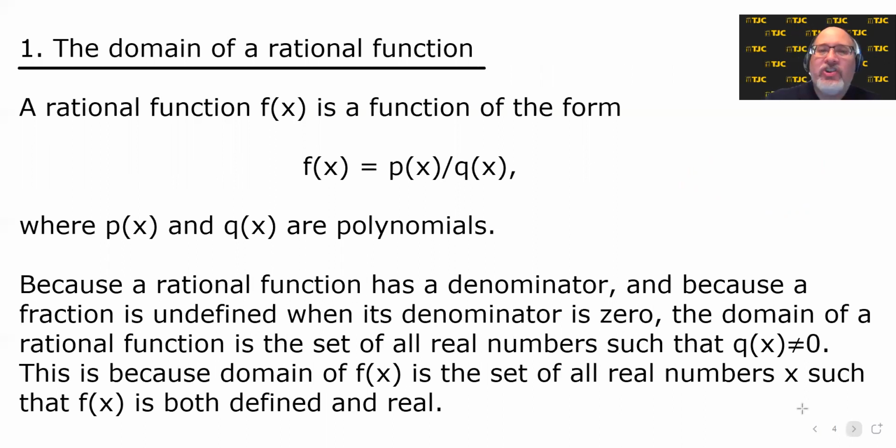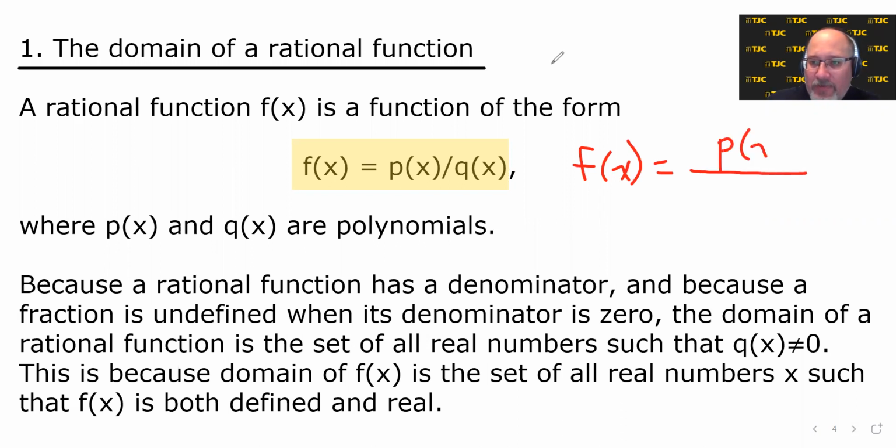Now, a rational function, f of x, is a function of the form f of x equals p of x over q of x. Now, because I typed this, I couldn't type the fraction vertically. I had to type it horizontally. But if I were writing it, it would look like this. And there's some stipulations on p of x and q of x. P of x and q of x are polynomials, or polynomial functions, if you will. That just means there's sums and differences of whole number powers of x. Because a rational function has a denominator,